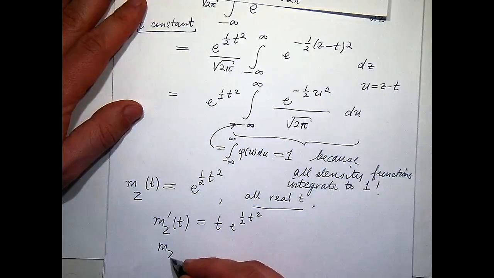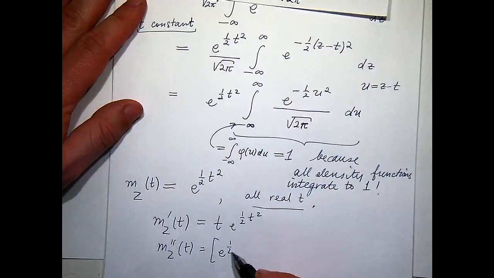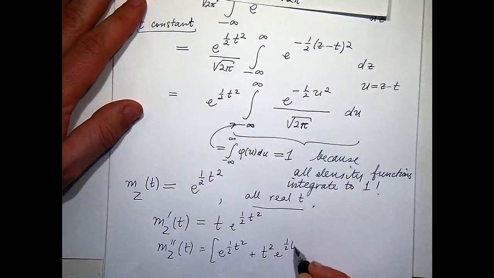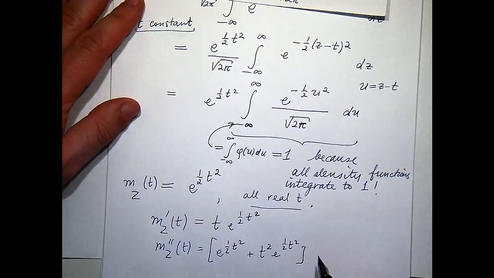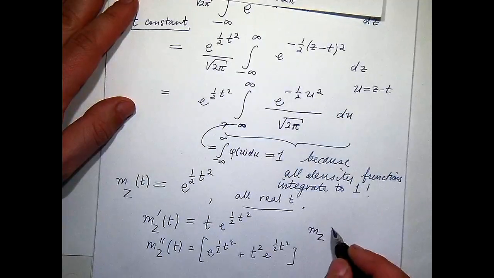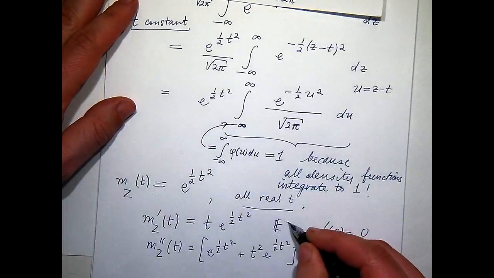Quite nice because the t just comes up in M_Z double prime. I have now this one is a product rule. If I differentiate that, I get e to the 1/2 t squared. If I differentiate e to the 1/2 t squared, I get t squared e to the 1/2 t squared. Okay. So now I evaluate these at 0, M_Z prime of 0 equal to 0, and that is of course